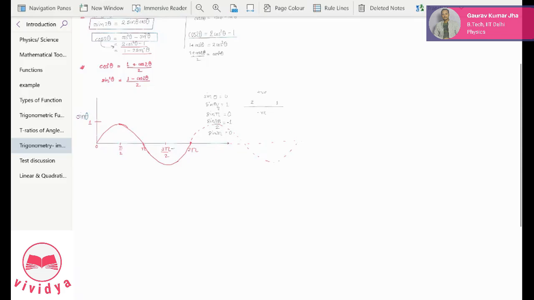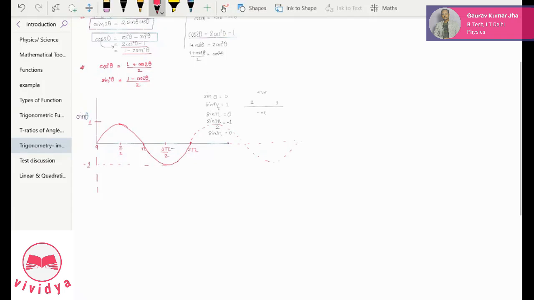Any doubt? Can you have this picture in your mind, that maximum value, as you can see from this graph, this value is -1. It takes a value +1 to -1. Okay, and every other angle it will just be around. Okay, so this is how sine theta looks like with respect to theta.